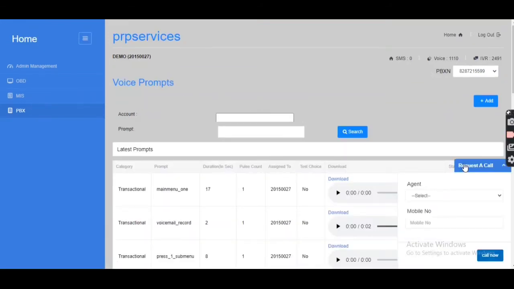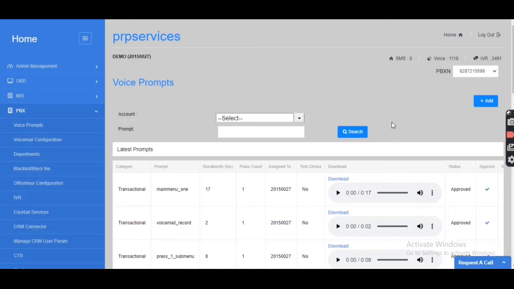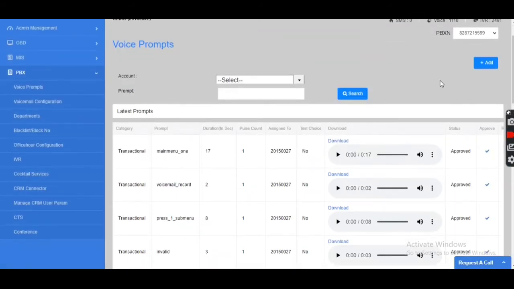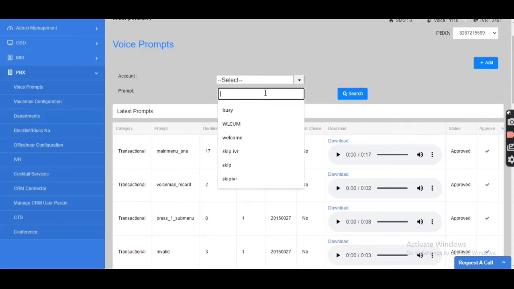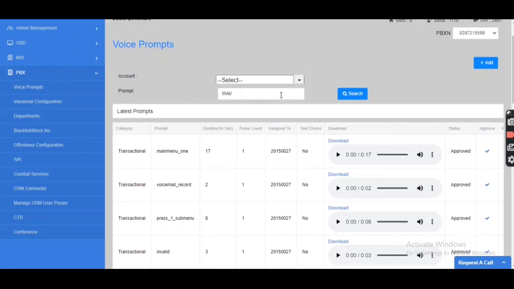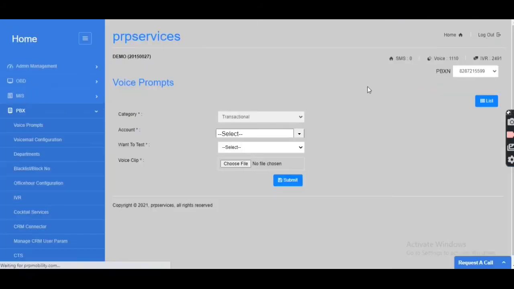And then we have the option of voice prompts. Here you can add your voice prompts, which should be only in .wav format. Here you can add your voice prompts, choose them and then upload them.